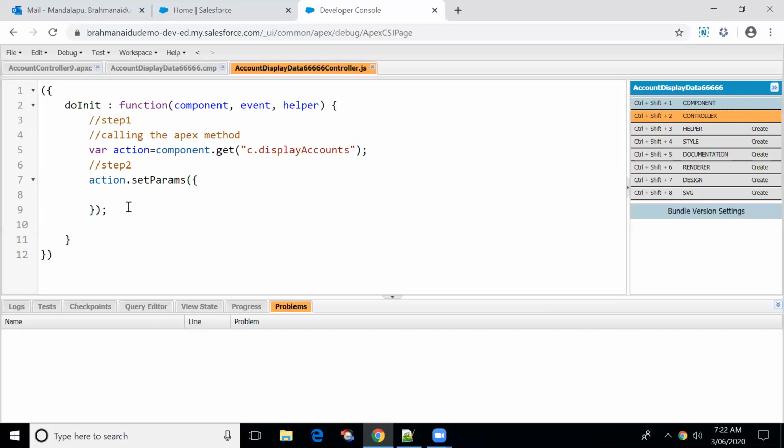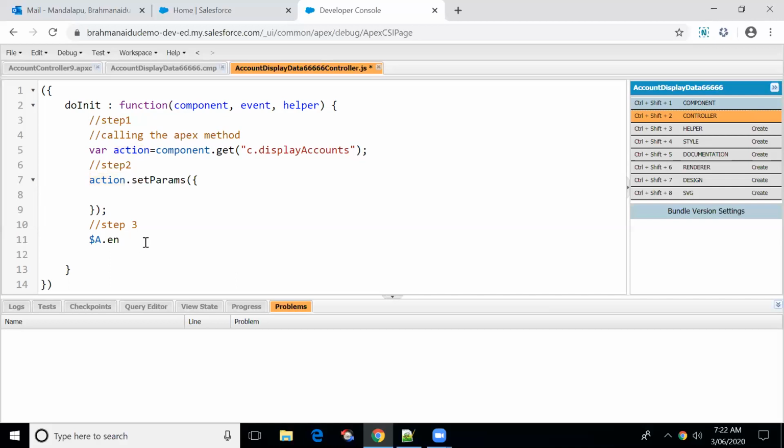The third step would be we need to execute the server side logic. If we don't execute server side logic, then we will not be able to display the data, right? We are calling the method, so we need to execute that method. To execute it, we have one global action, and the global action name is enqueueAction.